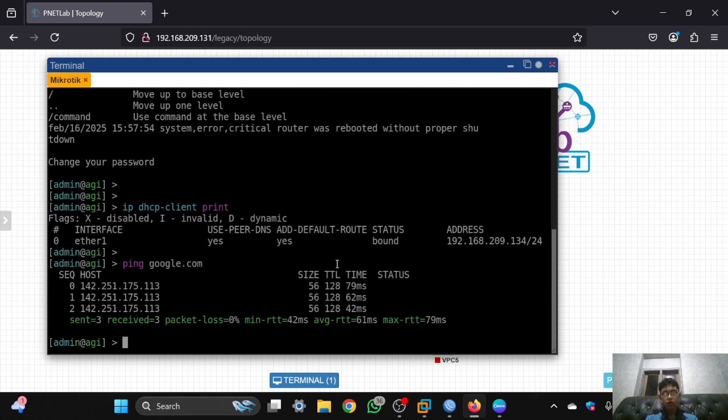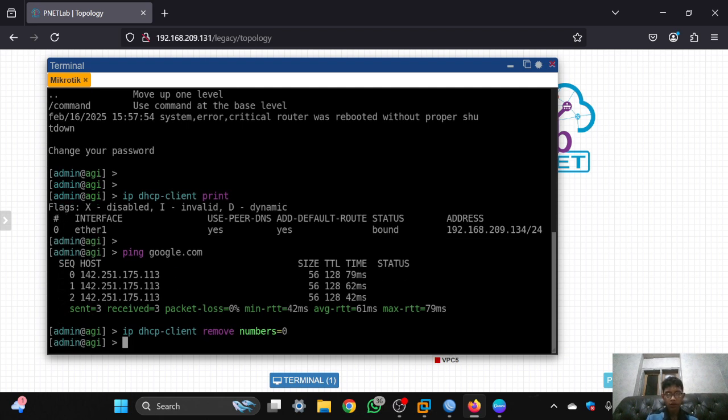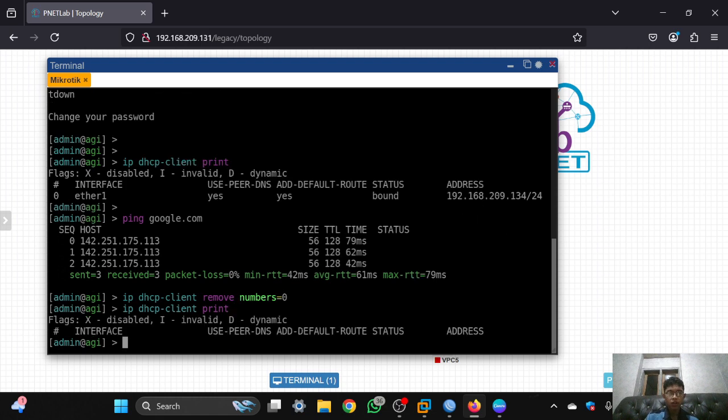And to add the DHCP client, first I will remove the DHCP entry. Here the number is 0 because the hashtag is 0, and click enter, and you can check it again here.